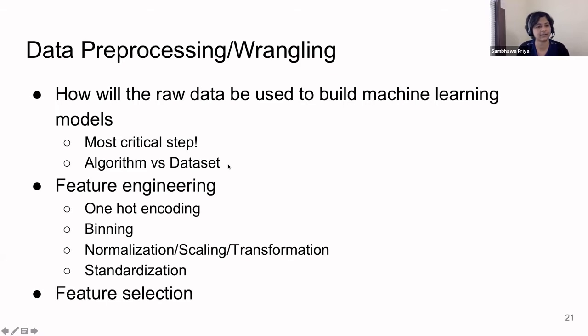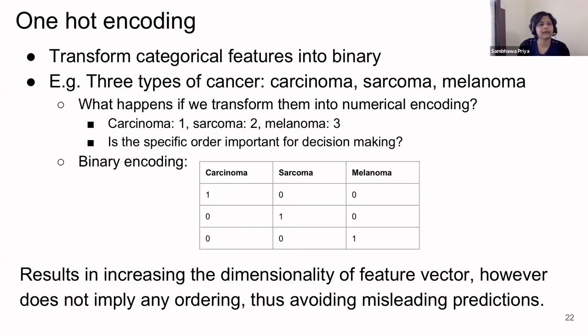And so here are different feature engineering steps, right? Or different feature engineering methods, and this is not an exhaustive list. We'll look at some of these, like one-hot encoding and binning, and then we'll also look at some of the feature selection. As I said, this is not an exhaustive list, but we are only covering some of the typical ones. So one-hot encoding is one of the feature engineering methods where we transform any categorical features into binary